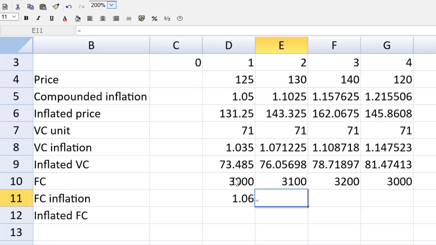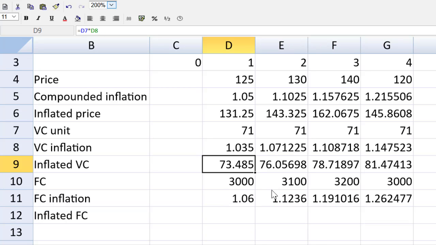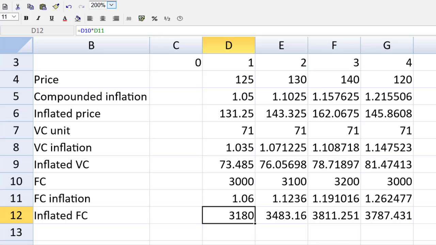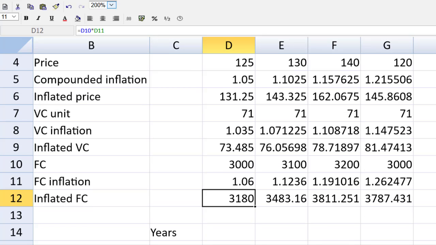Cell E11 will be equal to D11 multiplied by 1.06. Copy, paste, paste. Let's copy that row one more time. Now I'm going to grab row 9, copy it down to row 12,